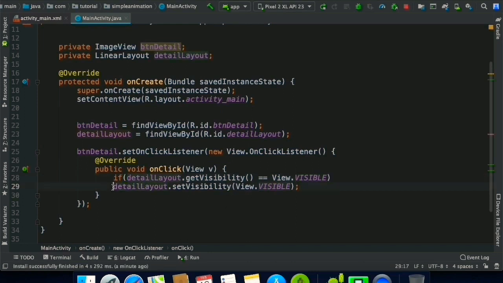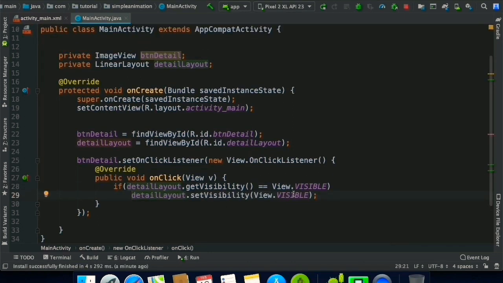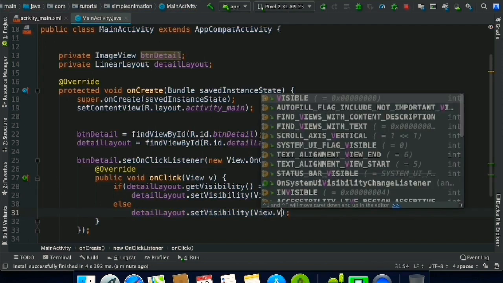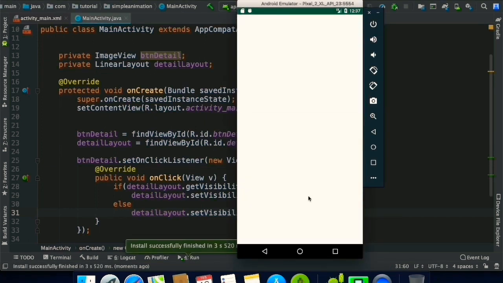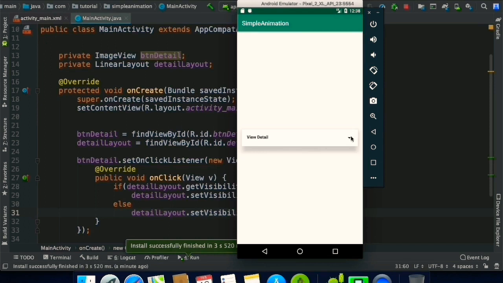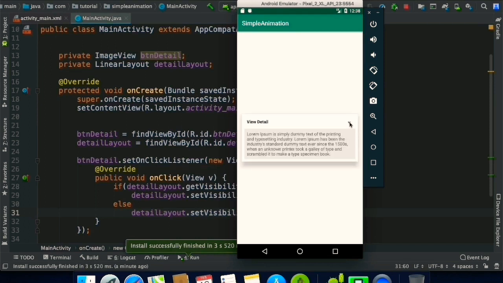If it is visible, then I need to make it invisible, else I need to make it visible. Let me run it. As you can see, once I click the button, it is showing and it is hiding, but